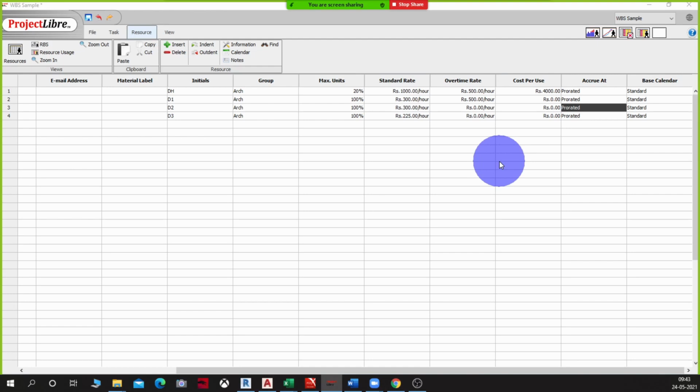Okay. So, there is one more item, the next item which you have here after cost per use, which is accrue. How do you accrue this in your project costing? So either it is your billing at the start of the event, whenever this person's involved task starts, you bill fully, or you bill at the end of the task, or you are billing on a pro rata basis, right? So there are three ways in which you can measure this.